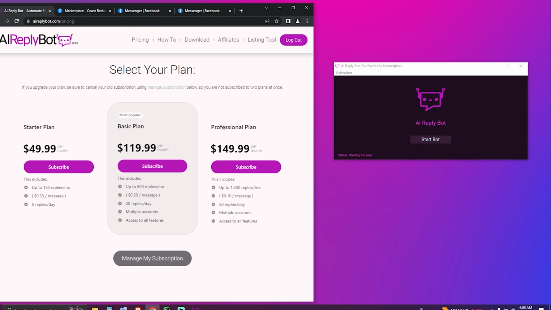One other thing I should mention, when you subscribe to a plan here and you sign up and you put in your email, you want to make sure that the email that you use here matches the same email that you're using on your AIReplyBot account. The email has to match, or we're not going to know which account the payment is for. So as long as you use the same email, you're all good, but I just figured I should mention that in the video. And then all you got to do to get this to work, you just hit start bot,